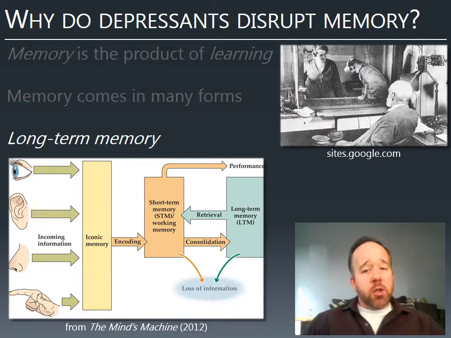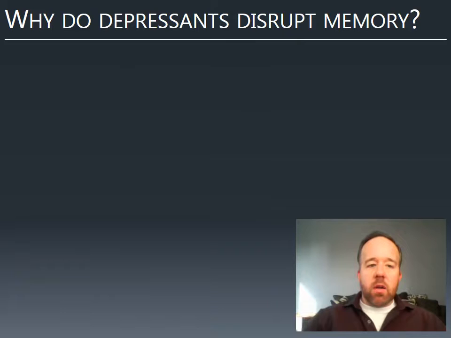But this is an association the dog didn't have before. It didn't have any reason to, but it learned that first comes the bell, then comes food. And so that was laid down somewhere in its brain. And our brains are no different. We still store memories in our neurons.